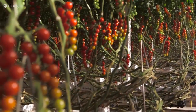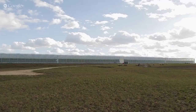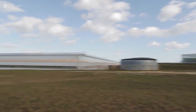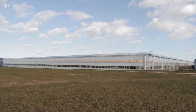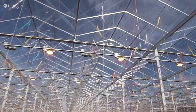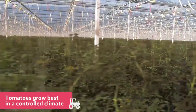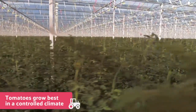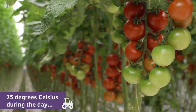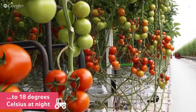To be able to produce so many tomatoes, the grower has to plant 2 or 3 crops each year in 2 enormous glasshouses. Each one is the size of 8 football pitches. Growing the tomatoes in glasshouses protects them from cold and frost all year round. The tomatoes grow best in a controlled climate and don't like extreme heat or cold. So here in the glasshouse, the temperature ranges from a warm 25 degrees Celsius during the day to 18 degrees